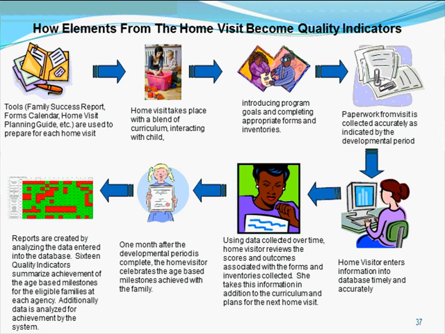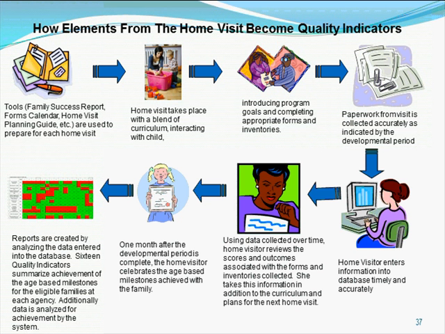So let's look at other examples. This can be considered a process map, and it's a more detailed process map on how data collected during the home visit can be used by home visitors to generate family outcomes and tracked as a system to identify opportunities for improvement. So very simply, it starts over in the top left and outlines how elements from the home visit